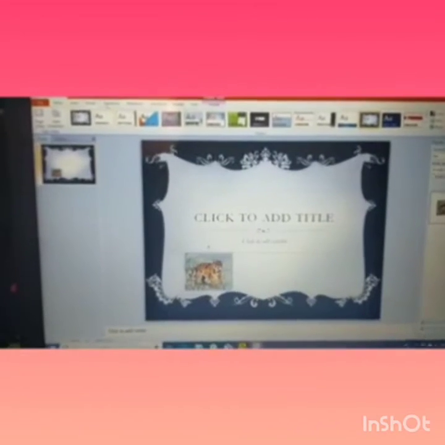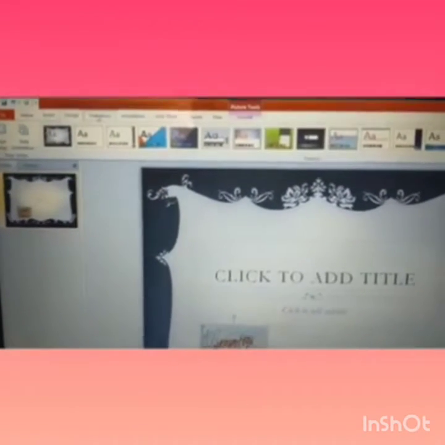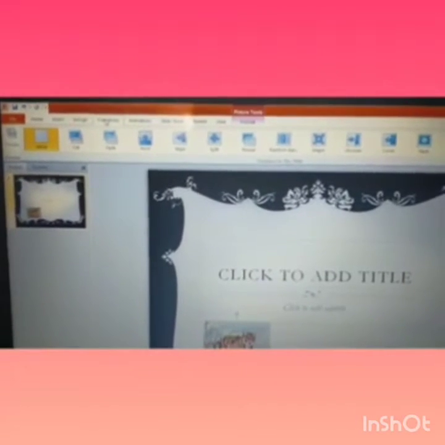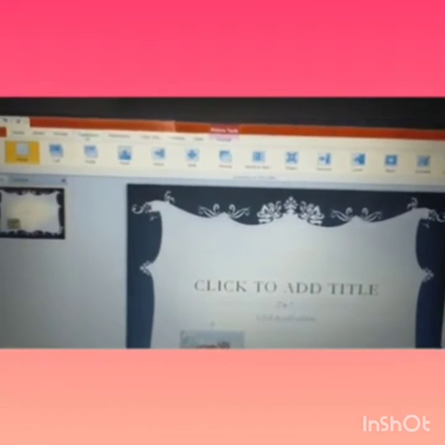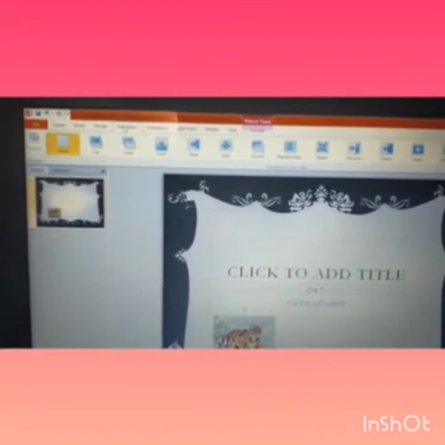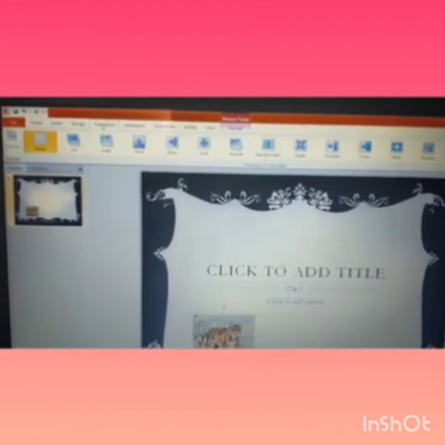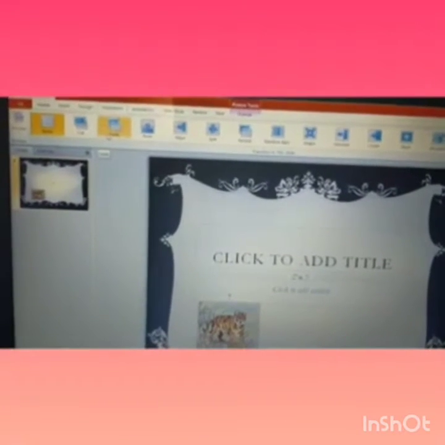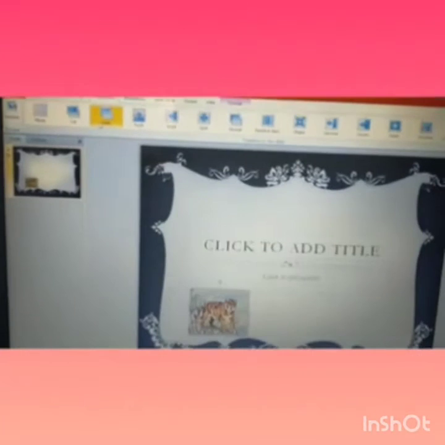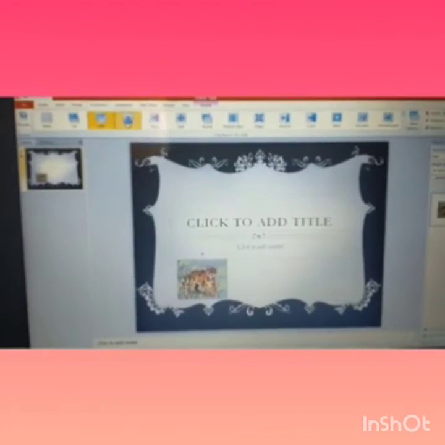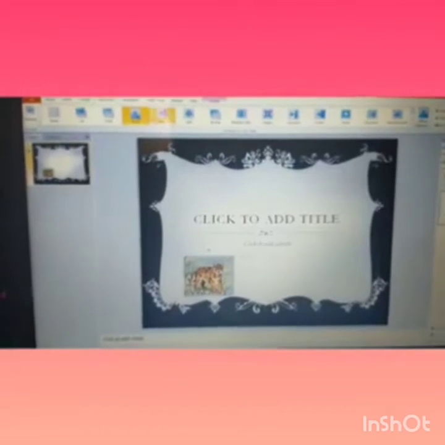Now next toolbar is transition. What is transition tab? It allows us to edit slide transition and effects and transition timing. Means you can see here, this is fade, push.